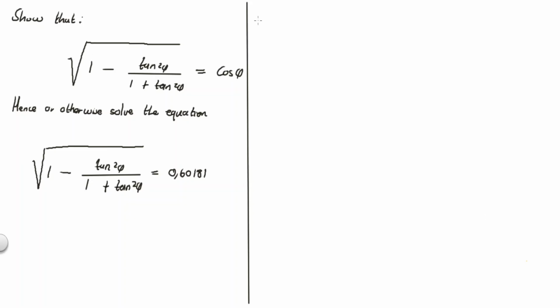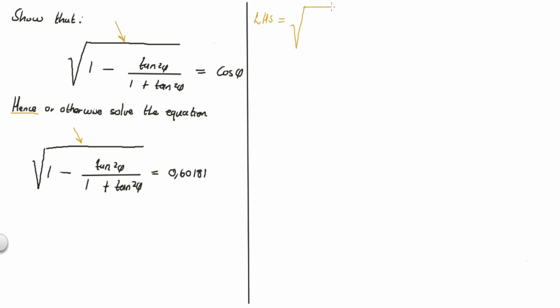Let's do it so. You need to prove the identity first. This one. After proving the identity, whatever you got above, you need to use to solve the equation. So we take the left hand side of it, which is